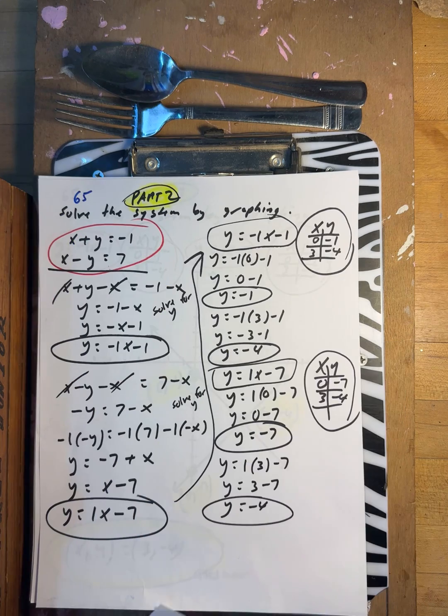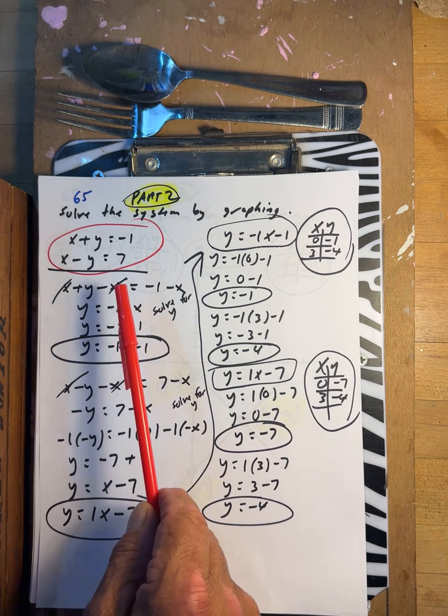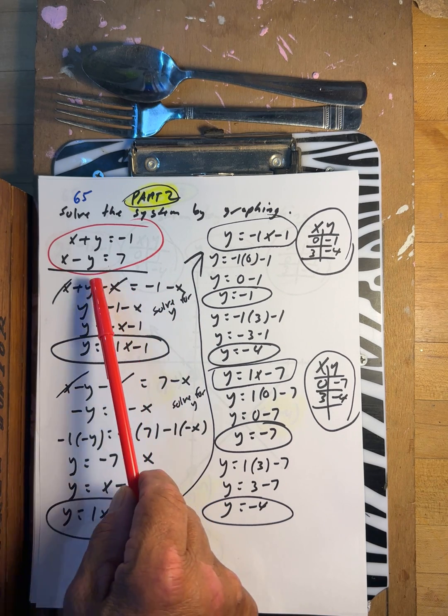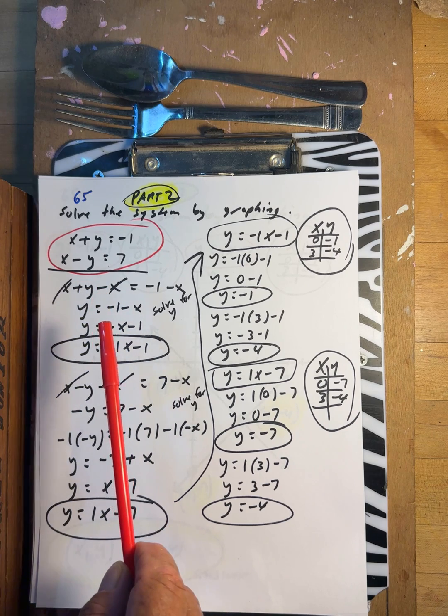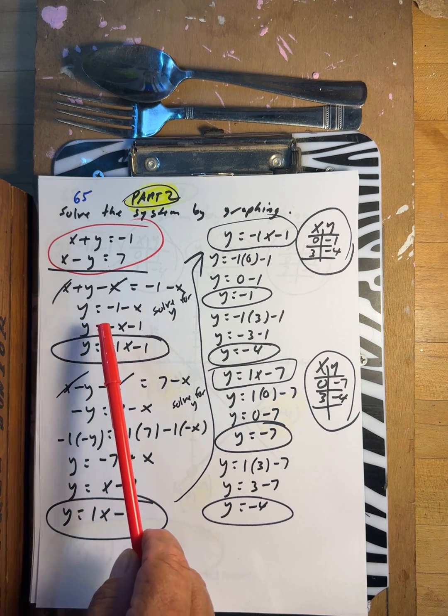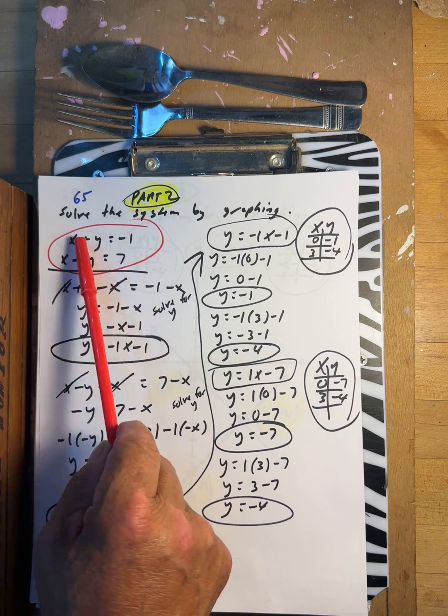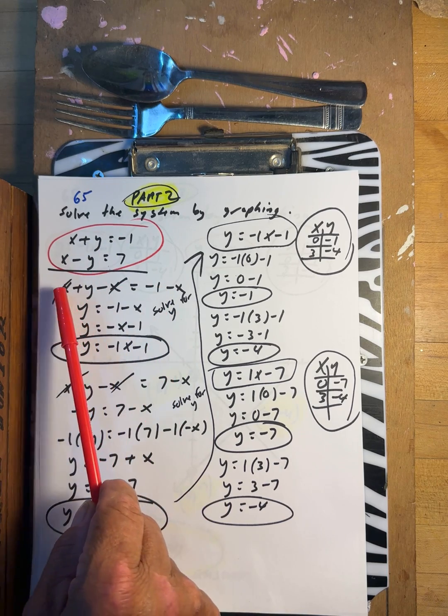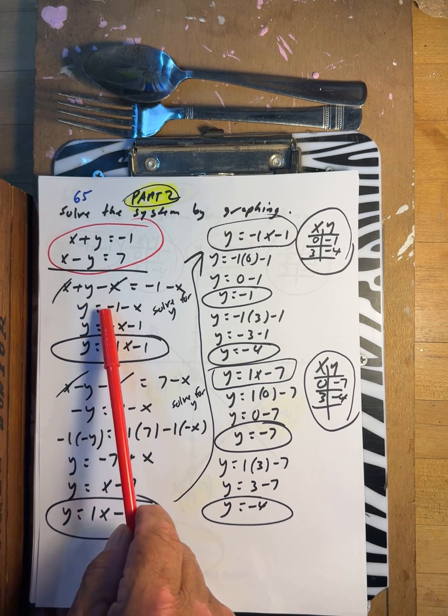Part 1. Part 2. Solve the system of equations by graphing. Okay, let's do it. Let's see how we're going to do this. Solve it by graphing. Solve for y first. Let's get this one up here and solve it for y. So we're going to go minus x. So y equals -1 and